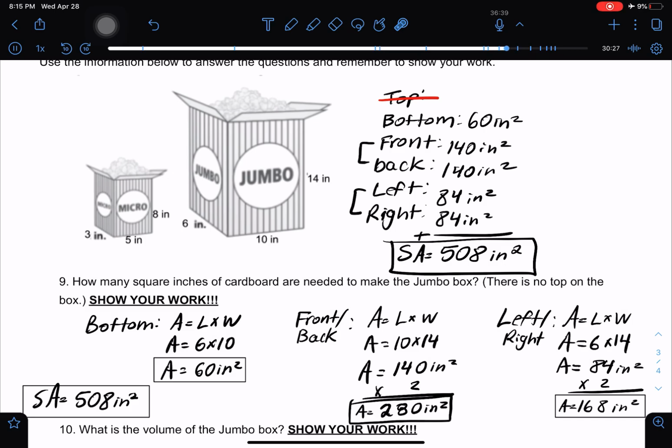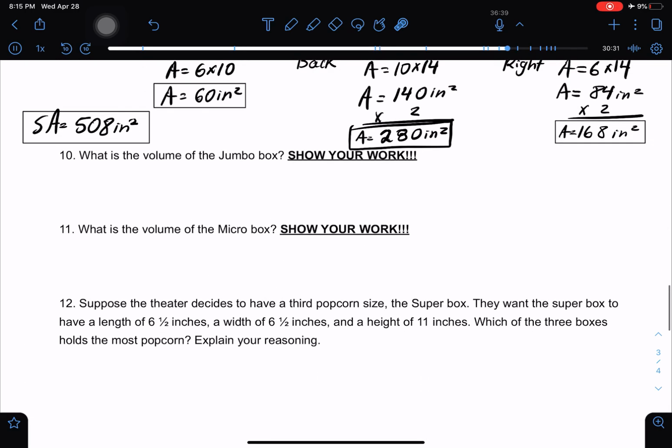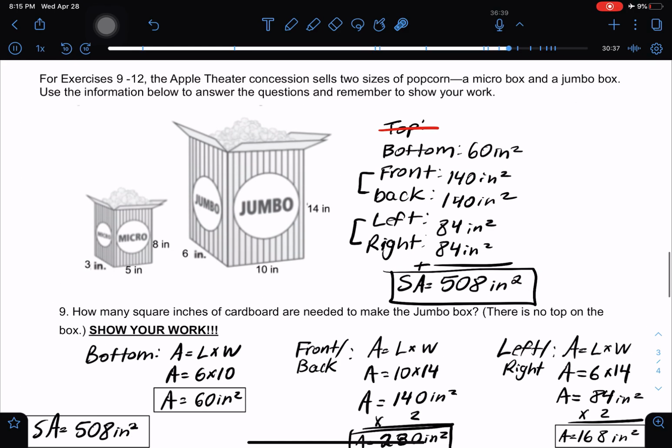Moving on to number 10, we are being asked what the volume of the jumbo box is. Now, this is a little bit different than surface area. In surface area, we've only worked with the length and width of the faces. Now we are using all 3 dimensions, the length, the width, and the height, which is going to give us the total amount of space inside of a 3D